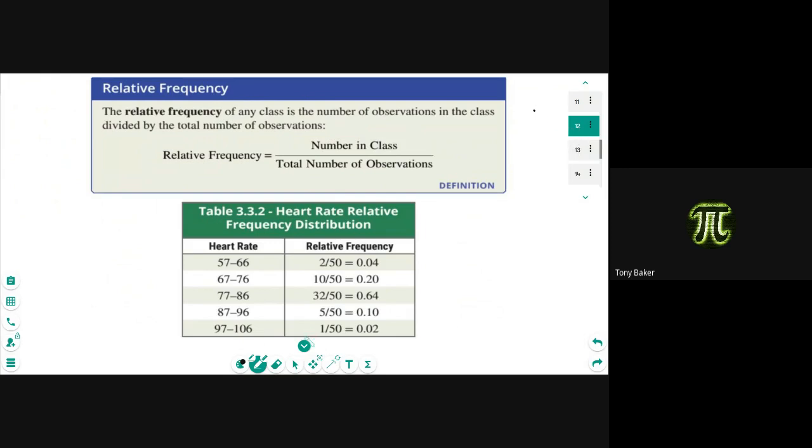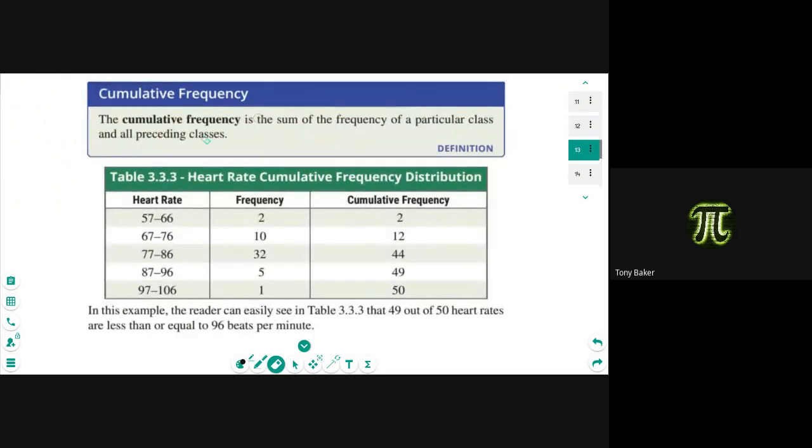The other thing that we can do is we can add them all up. And that gives us what's known as our cumulative frequency. This is a great way to check your work and make sure that it comes out right. If you add them all up, it should come up to be the exact total at the end. So in this case, our cumulative frequency comes out to be 50 at the end, as it should, because we